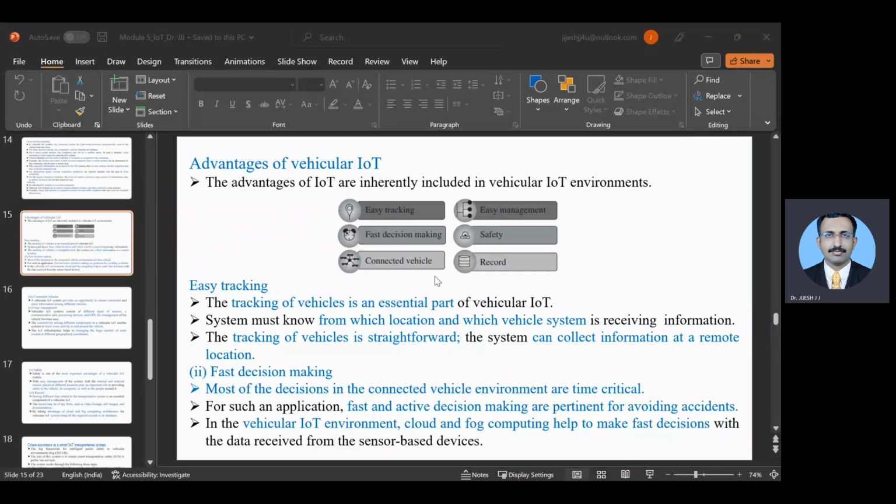Whether it is traveling in the correct path or deviating from the path, all those things can be monitored. So you can also see that connectivity among different components in the vehicle is enabled to track every activity in and around the vehicle. You can make sure that what is happening inside the vehicle and what is happening outside the vehicle can be monitored.